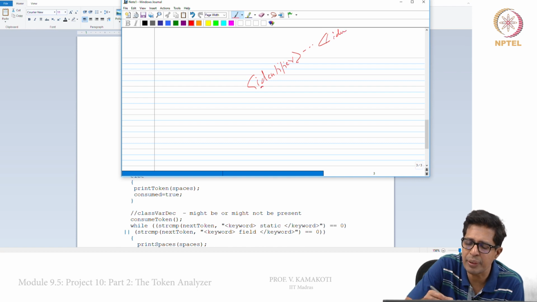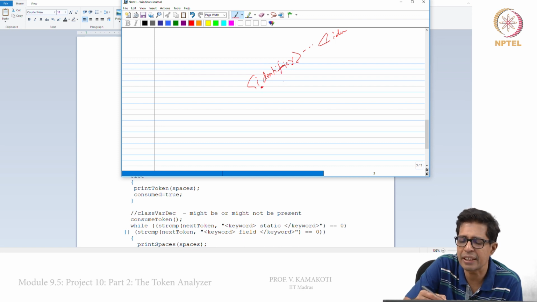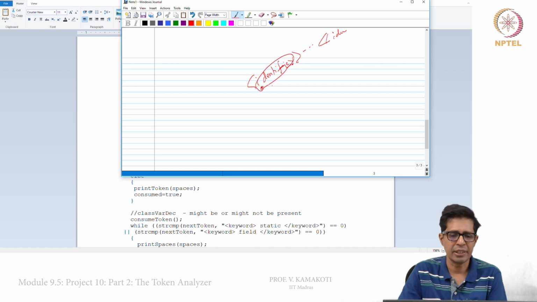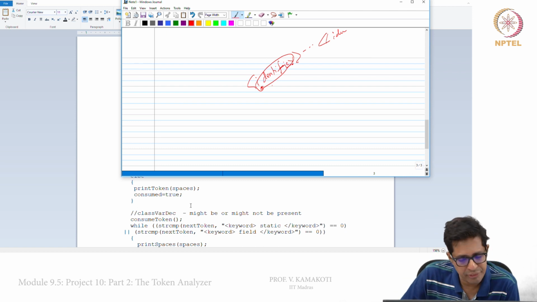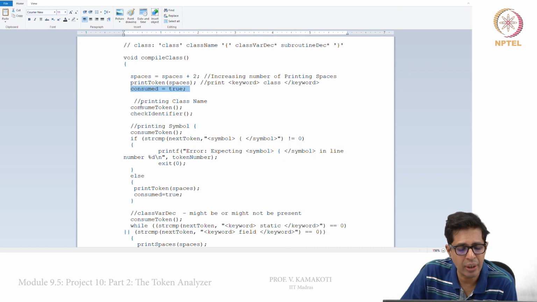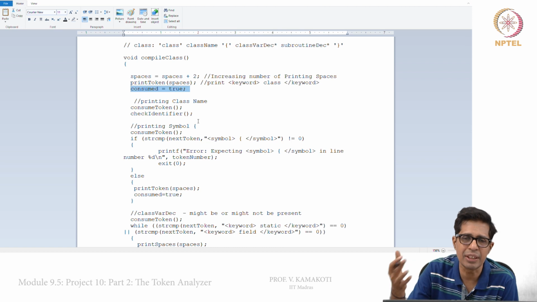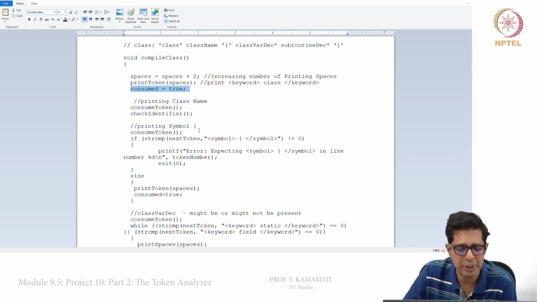So, you go and check from the first character to the 10th character, and see whether it is of the form identifier. You can check that, and if it is correct, then we can say okay, the next fellow is an identifier. So, I will go and check if there is an identifier, and if it is an identifier, it will take and print it. We need to just print it.